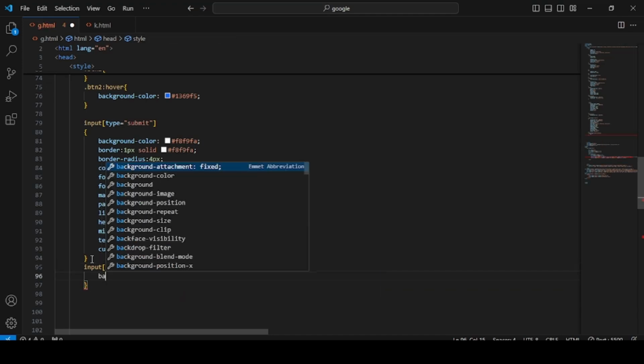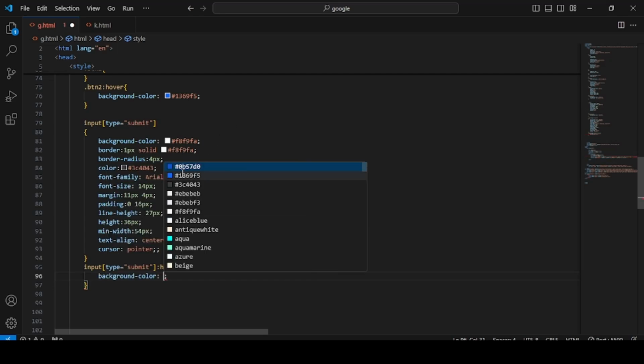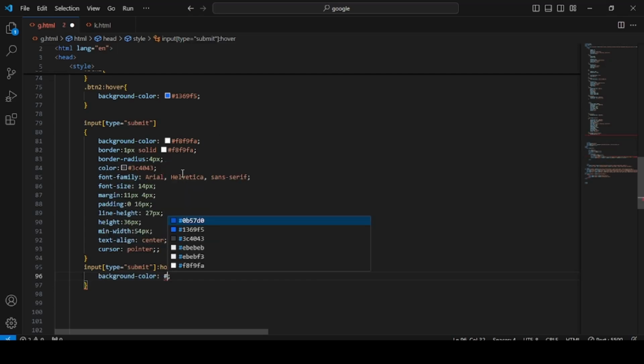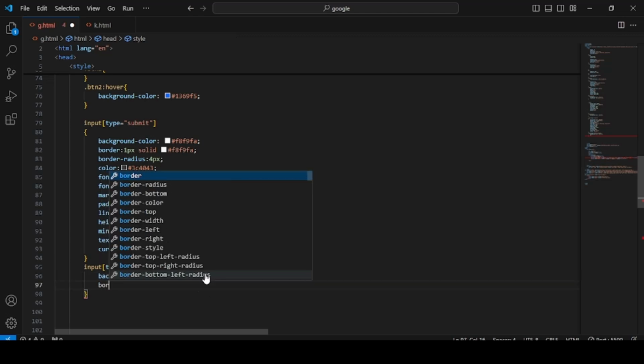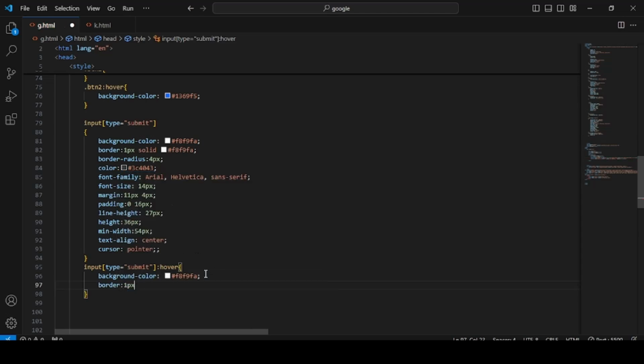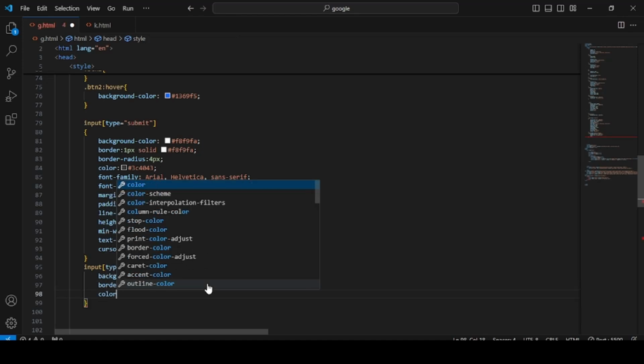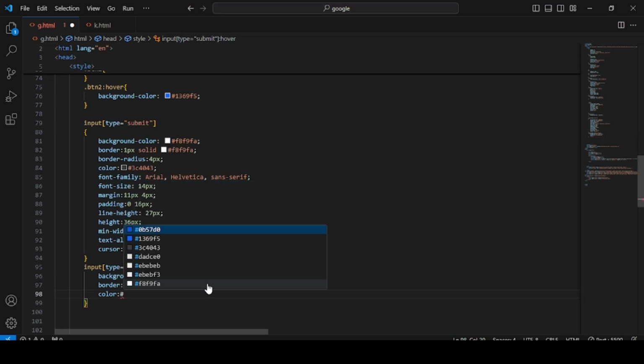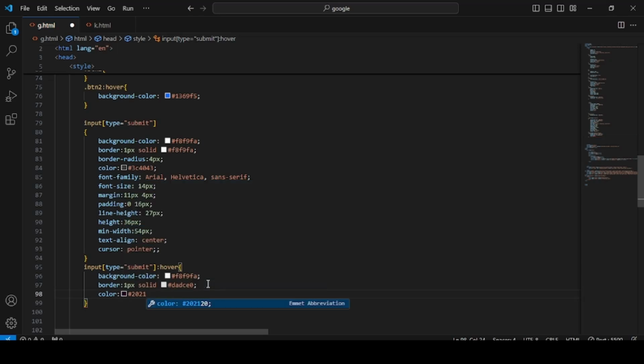then here we have to give background color to hash. This is our background color, then border to 1 pixel, solid, then color of text is hash 202124,